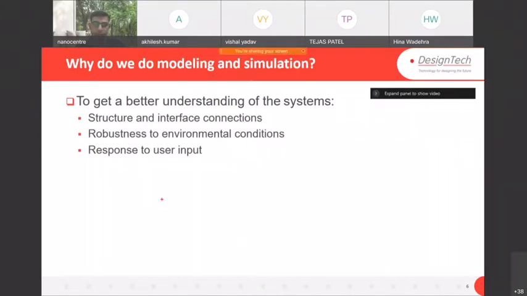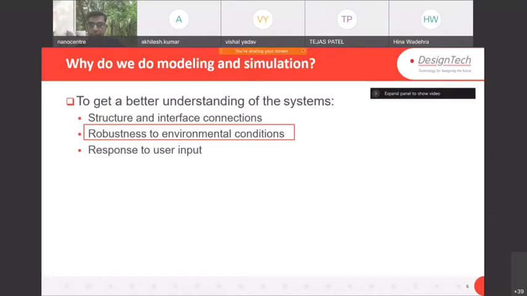As well as once we are going to deploy or design any kind of power system or energy management system, it has to be robust to the environmental conditions. Why? Maybe in summer it is a sunny day, right? In the rainy season it is a cloudy day. So once we are getting energy from renewable sources, our model has to be robust, and it has to work in any kind of environmental conditions. A response to the user input also. Let's say that I set the temperature to 26, I expect the same temperature from my AC, right?